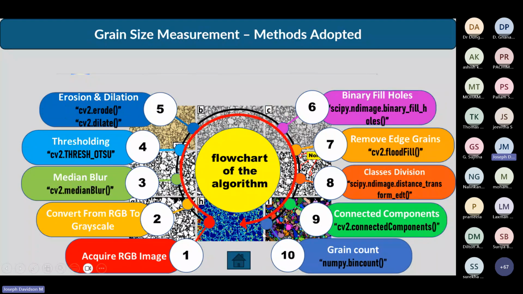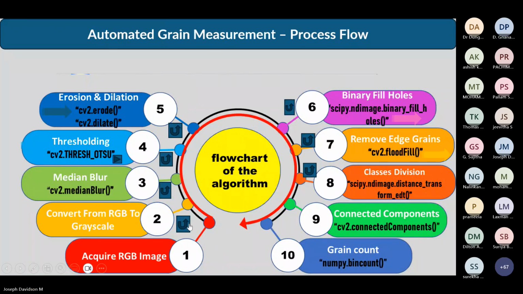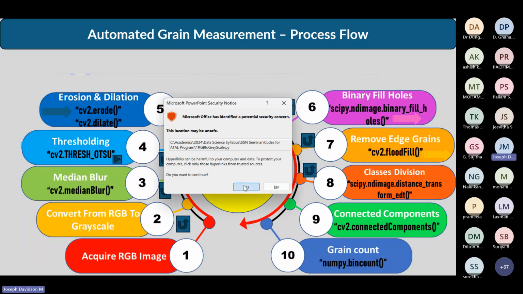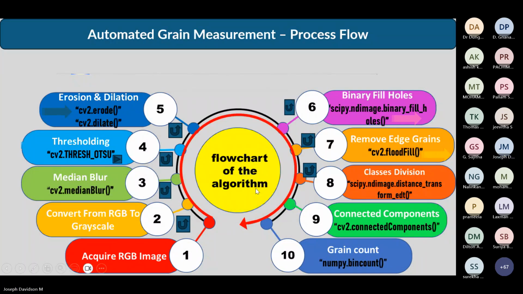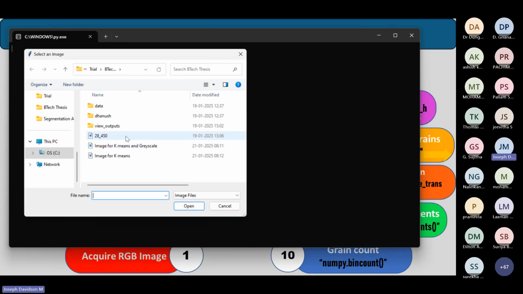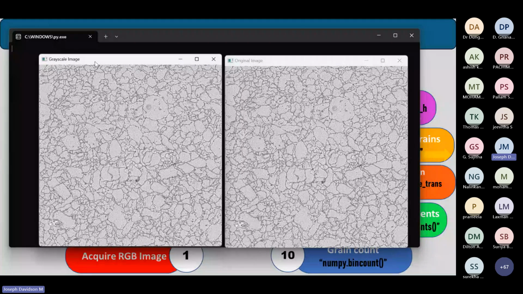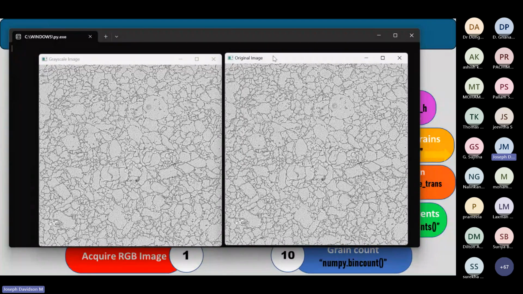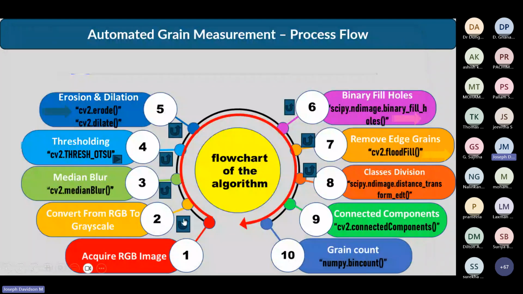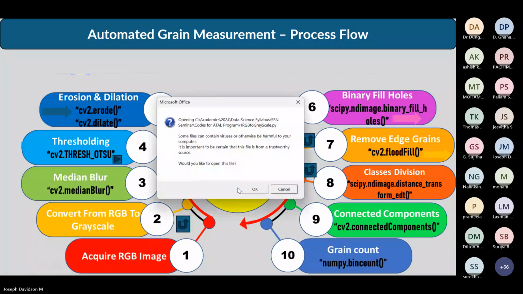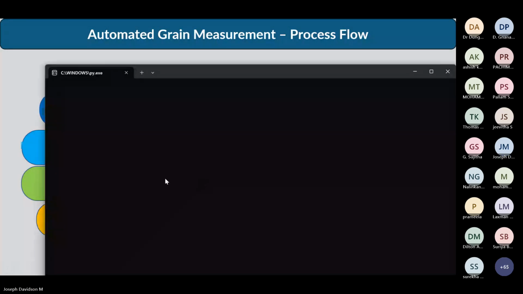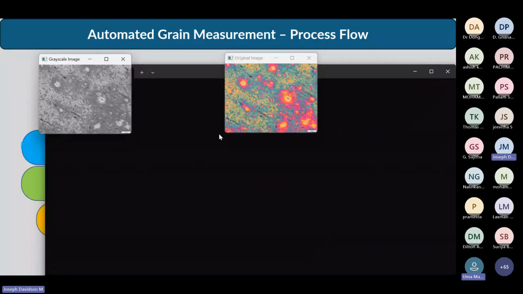So let us go to a particular code, which takes an image. Okay, it takes an image. So this is the original image. The original image is also a grayscale. So same thing: if you take, for example, a colored image, let's say, this is an RGB image, and we have taken a grayscale image.